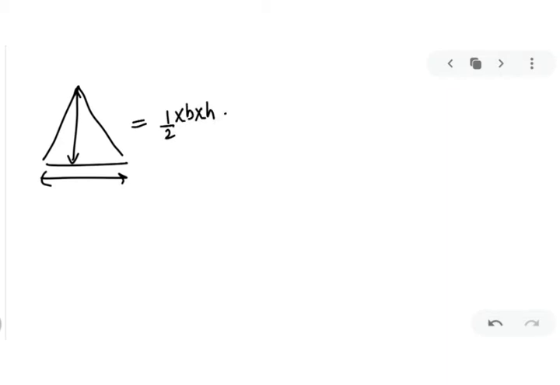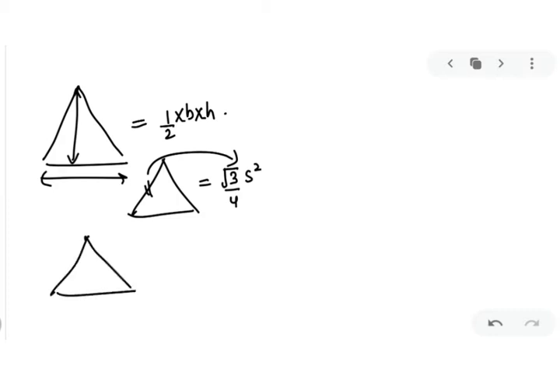Okay, now if it is an equilateral triangle, in that case you do not need height also. You can directly go for root 3 upon 4 side square, and you have to just put the value of your side. But now in case I give you a triangle that is not an equilateral triangle, and you do not have its height, then in that case you will use a new formula, that is area is equal to under root s minus a, s minus b and s minus